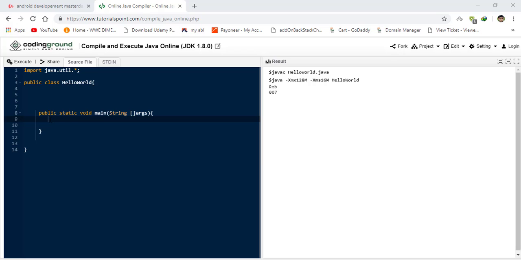So I'm going to start with the syntax of creating a HashMap. HashMap, and then we need to give it two data types, and those should be non-primitive data types. Means that we have to give one data type for our key and the other one for the value. So I'm going to give it, for example, Integer for key and String for the value, and then the name of the HashMap, whatever you want to put here, and then